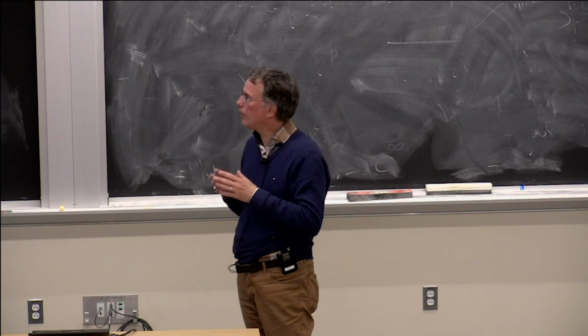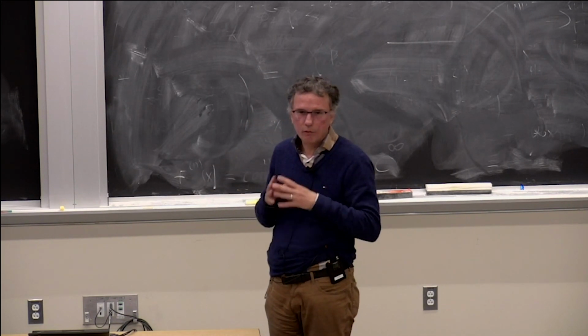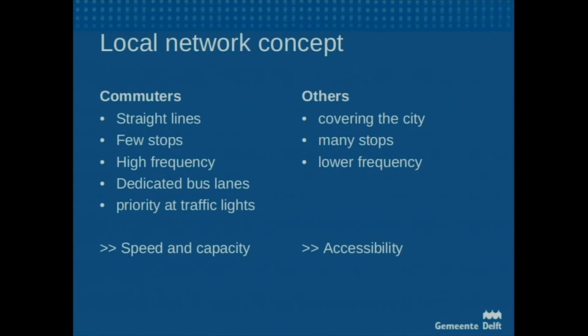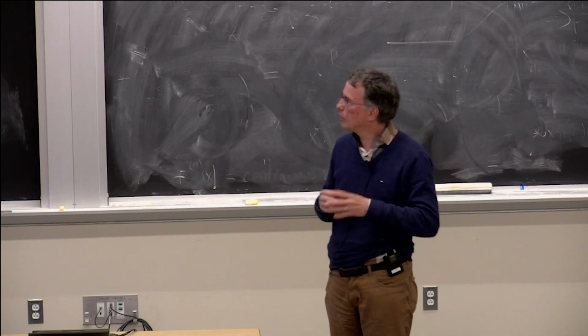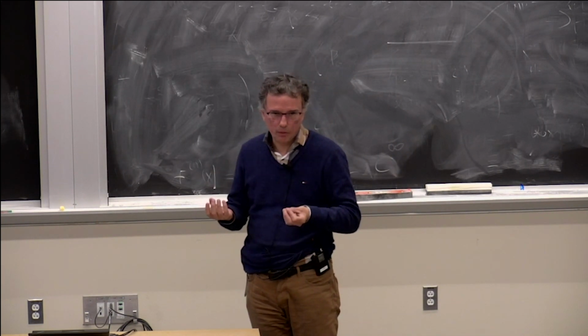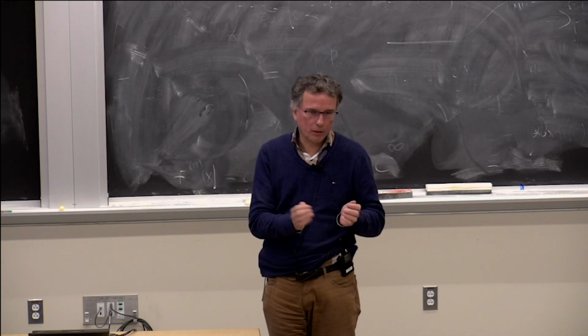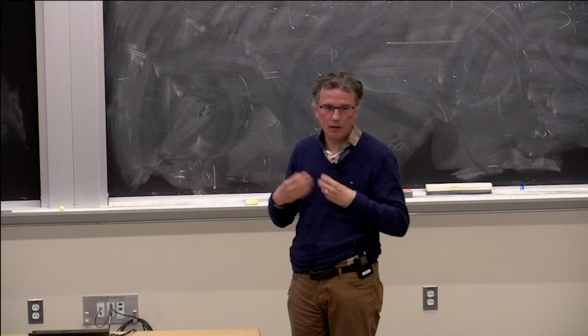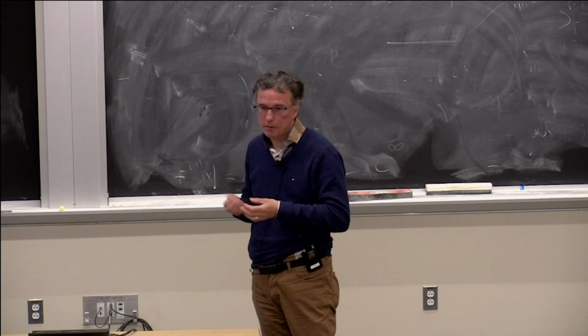We tried, and then we figured out, oh, that's good. We have 2 kinds of groups we'd like to facilitate. One group are the commuters going to their work, and what they love is speed, getting to the destination as soon as possible. In their view, they only need one stop at the front door and one at the destination, and everything between is not needed for them. So to collect more passengers, we make straight lines with few stops, serving high-density housing together with high-density jobs. Then we can offer high speed and high quality, and we see that we attract more passengers.